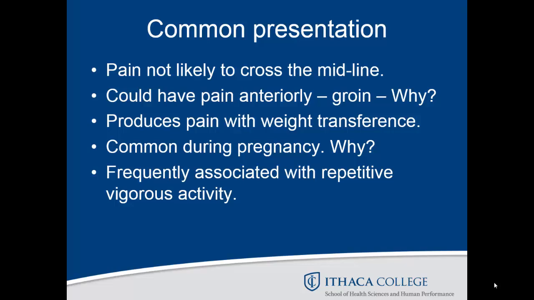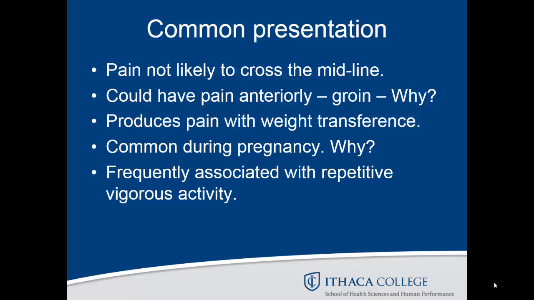SI joint dysfunction can often be brought on or made worse with repetitive, vigorous activity. And with this one, I always think of the football punter. When they repeatedly and forcefully flex one hip with an extended knee, that lengthens the hamstring, which attaches to the ischial tuberosity of the innominate and creates a posterior pelvic rotational force on one side of the pelvis, while the opposite side is being pulled into an anterior pelvic tilt from the hip flexor musculature. And so this internal pelvic torsion can lead to the onset of SI joint pain. You can imagine that torsional or rotational force being directed to the pelvis with those types of activities. This is not just with punters, but I use that as a way to help me understand